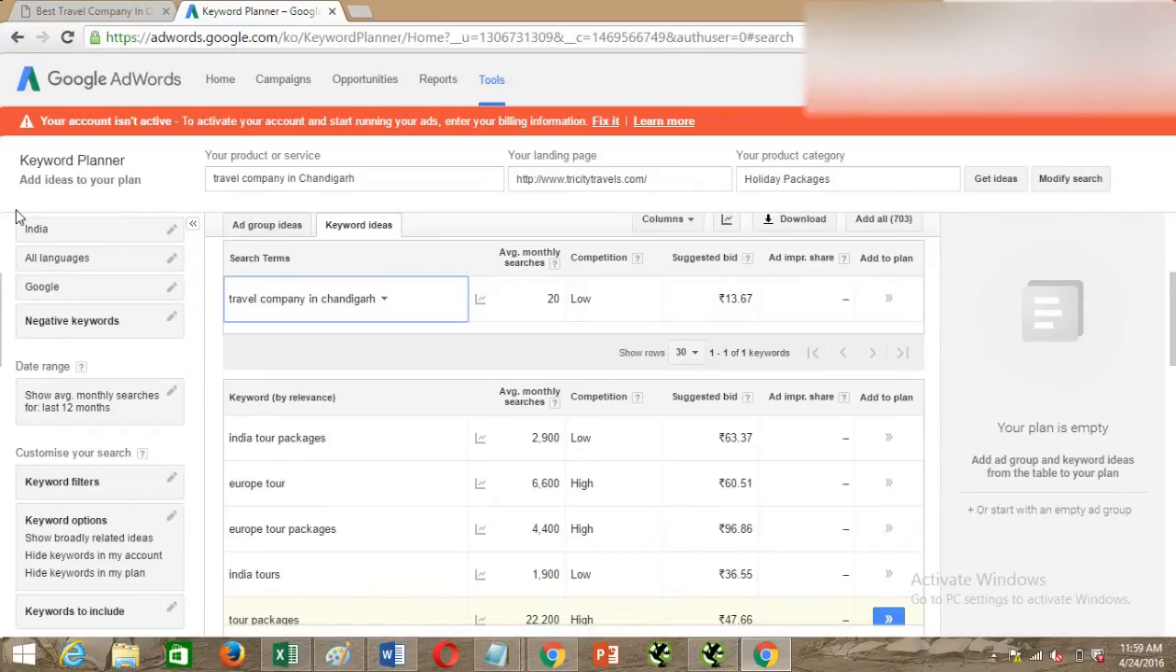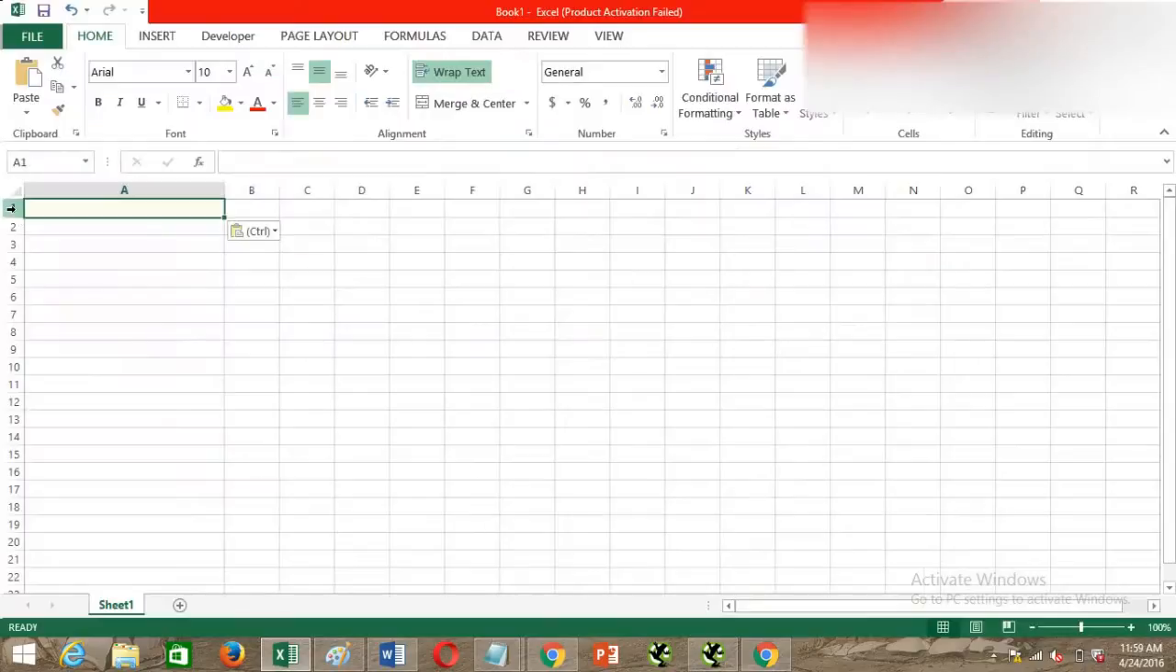However, if Tri-City Travel has offices in different locations, then definitely I'll pick other locations in the keyword as well, right? So,